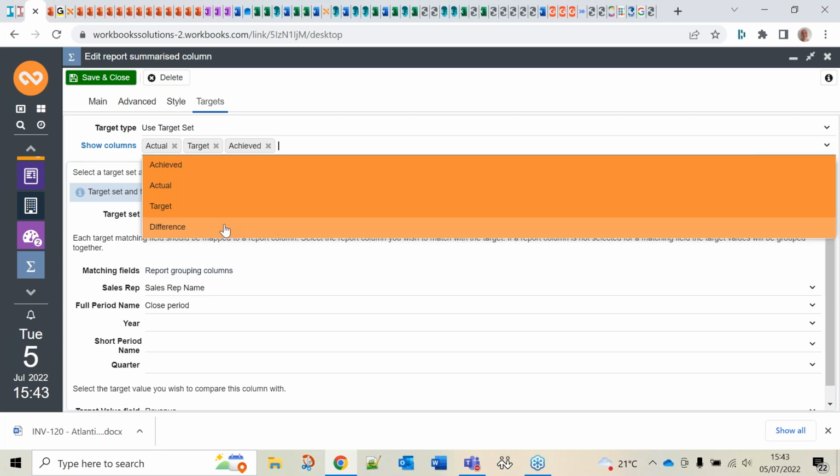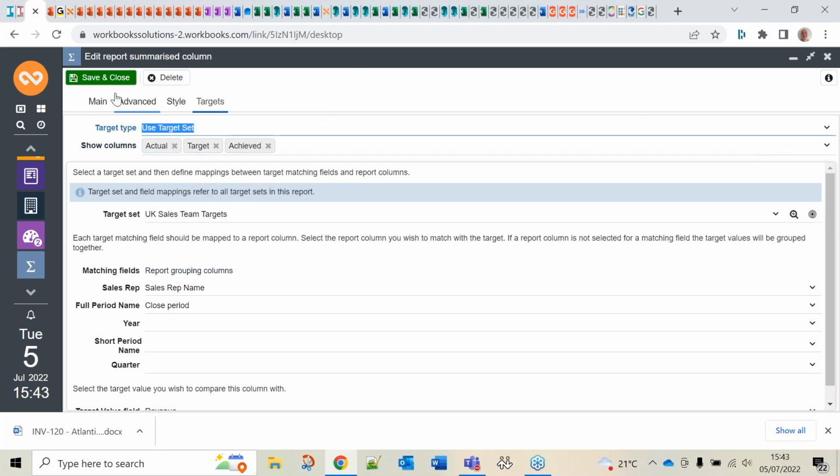So when I go to this, it's now multi-select. So it makes a lot more sense to pick and to add to. And we can now add difference. So difference is just going to show a positive or negative number based on the actual difference between target and actual. So if I save and close this,